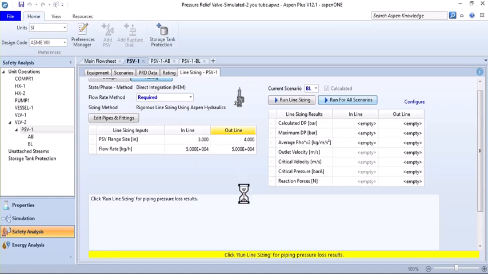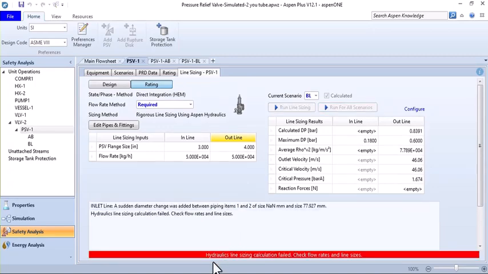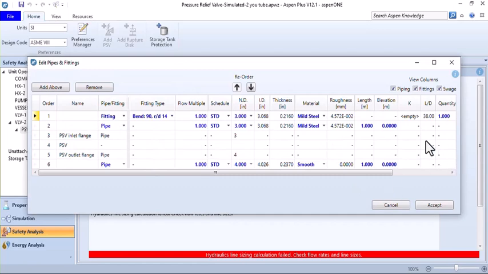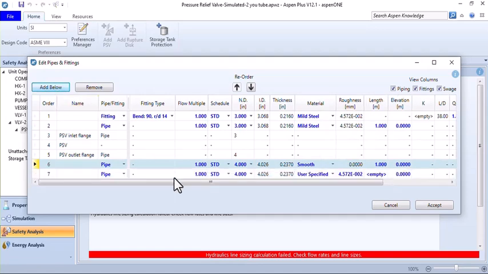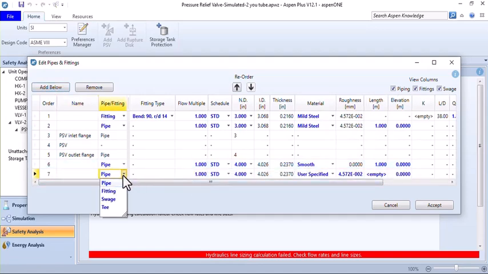So it says that the line sizing calculation failed. Check flow rates and line sizes. I should go back to edit pipes and fittings, and I choose this part and add below, for example